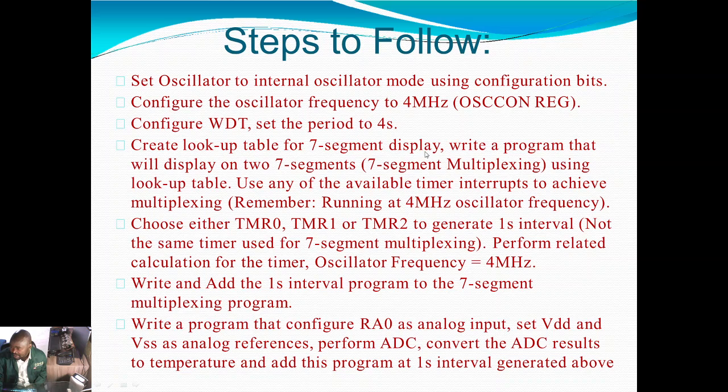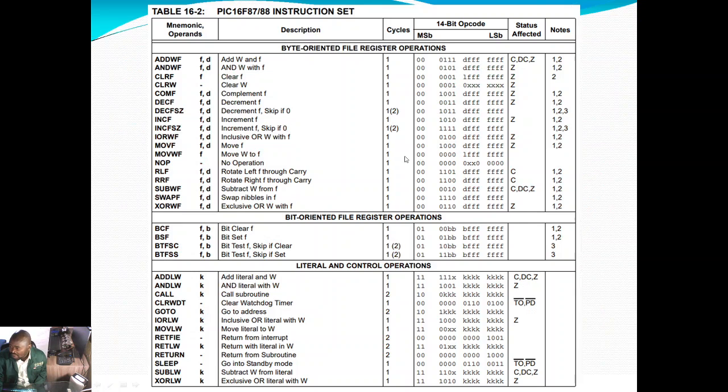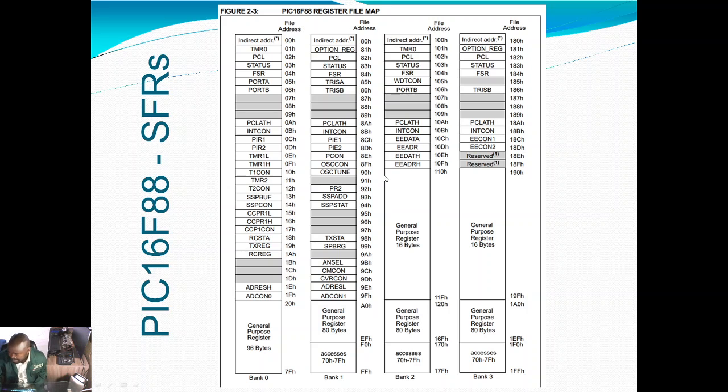The watchdog timer is configured in the watchdog timer register. In which bank is that register? Let's see. In the data sheet, it's easy. Here I've already copied most important parts, and the watchdog timer is in bank 2, right? Watchdog timer is in bank 2. The way you'll approach this,